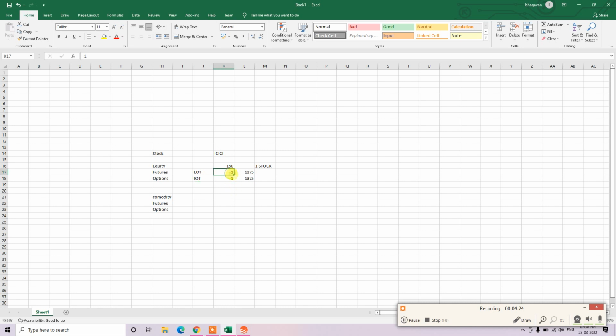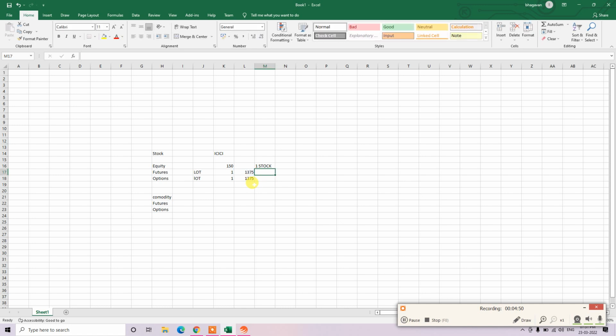We can't buy half a lot. We can't buy 1.5 lots or something like that. We can multiply, in the same way we can buy 1 lot, 2 lots, 3 lots, 4 lots. So when you increase the lot, you are increasing the quantity. If you take 2 lots, it is 1375 into 2,